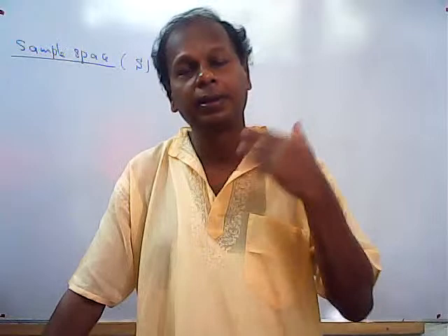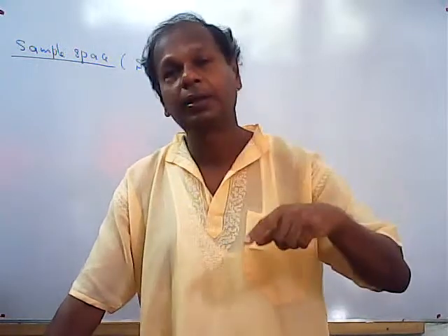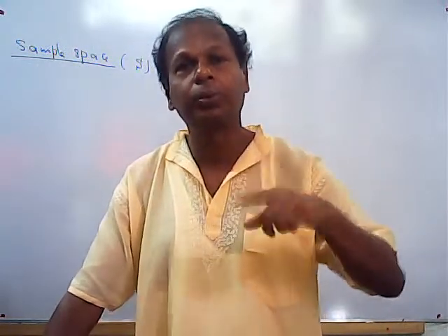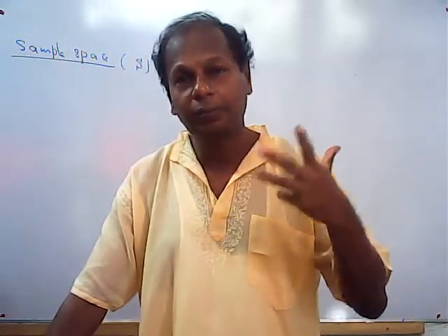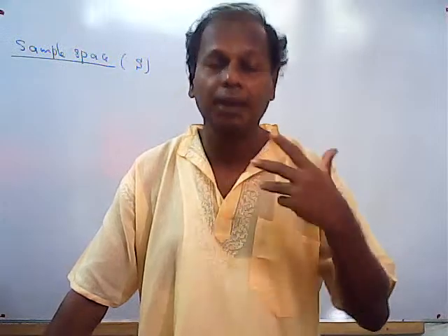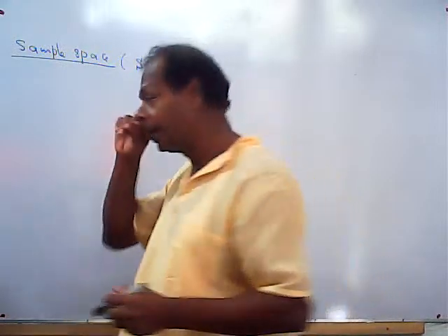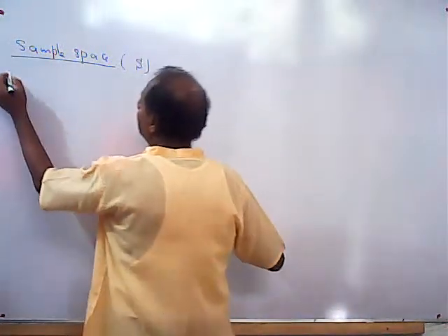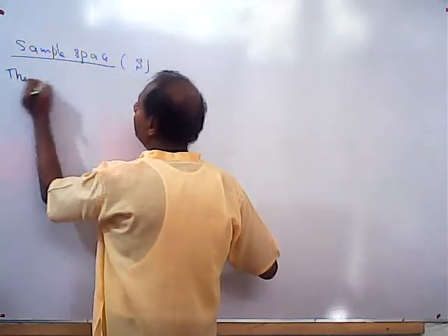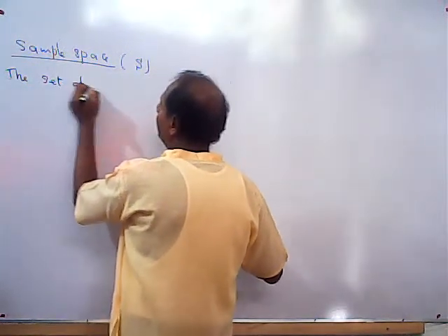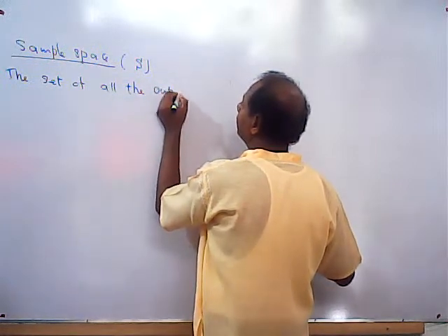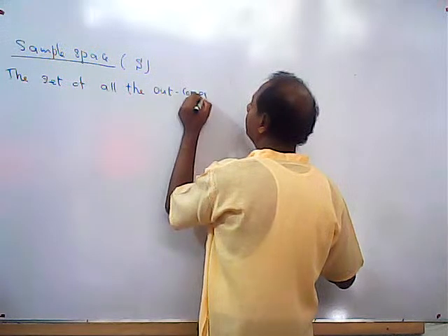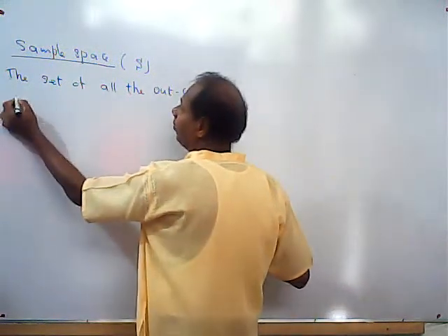Turning the top number is 1 or 2 or 3, 4, 5 or 6. So that forms the sample space. The set of all the outcomes of a random experiment